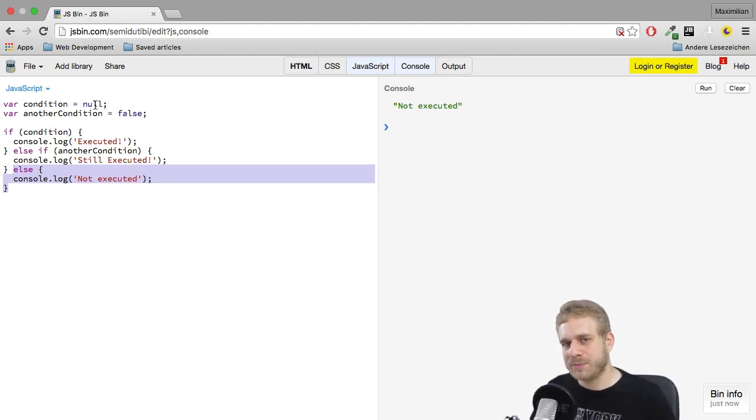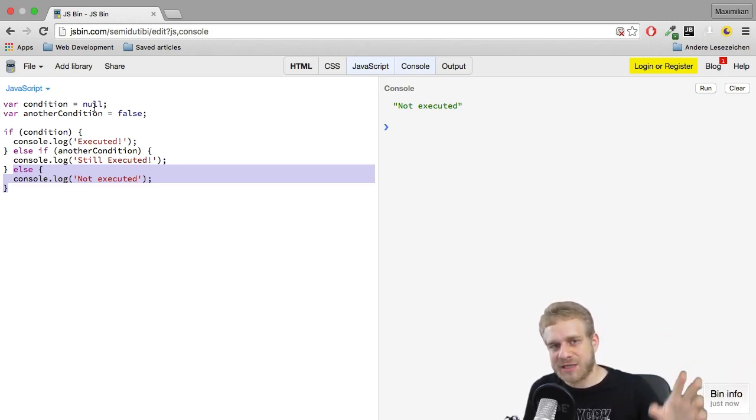And this is an important behavior because in more complex applications, you'll often have the case that you want to check if a certain variable is set or if a certain variable is not null. For example, if you're reaching out to some kind of server and you get back the answer sometimes in the future, but you're using the variable before having that answer, you might want to check if it is actually set and not execute any code if it is not set, so if it is null. And therefore it's important that null is